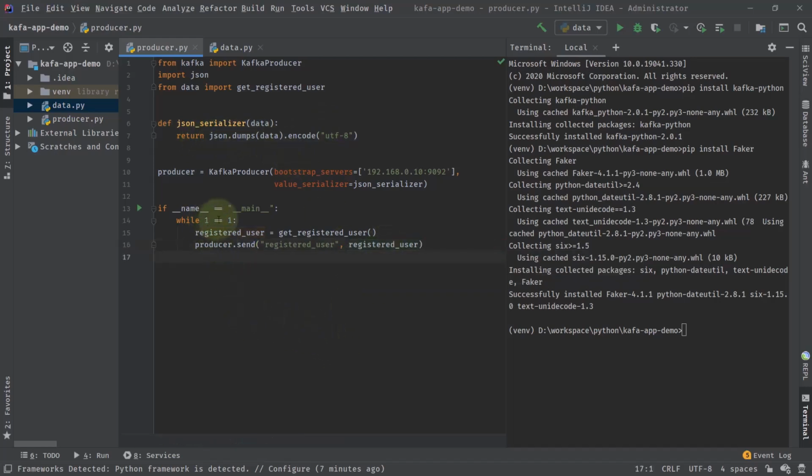Now, it is a while loop, and after this I'm going to add a sleep so that it is not very frequent. After some time period, it publishes the record, let's say 3 seconds or 5 seconds. So I'm going to import a new module here, that is import time, and from time I'm going to call the sleep method. The sleep method accepts a parameter in seconds. Let's say I'm giving a value of 4. So what this will do is, every 4 seconds it will publish a record.